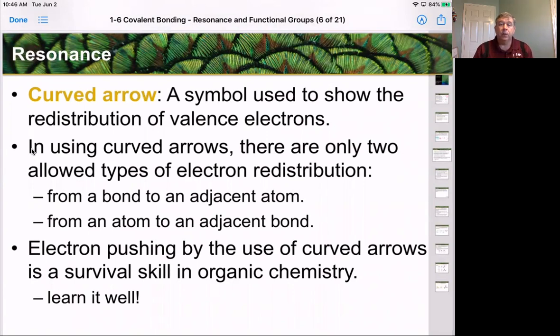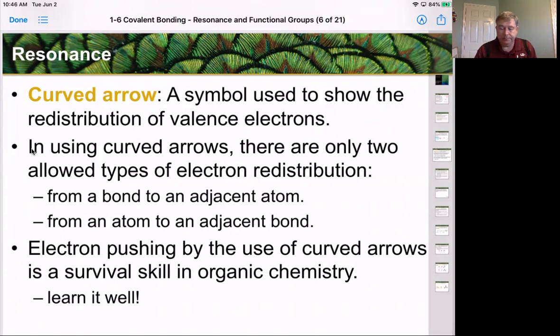Okay? So you can only do it moving from an atom to an adjacent bond and from a bond to an adjacent atom. You cannot jump across systems. The electrons have to stay attached to whatever atom they were on, and they just move in between other atoms when they move, okay? If you're taking electrons from one side to the other, there has to be a resonance